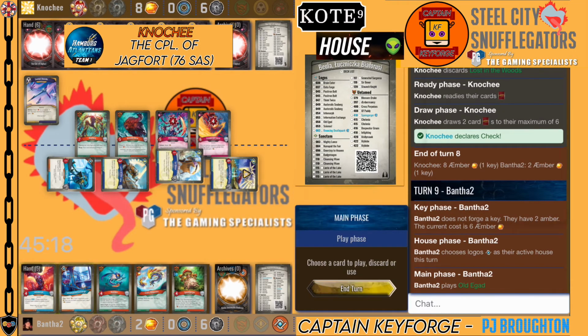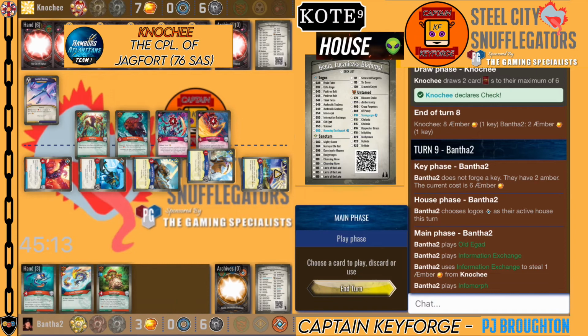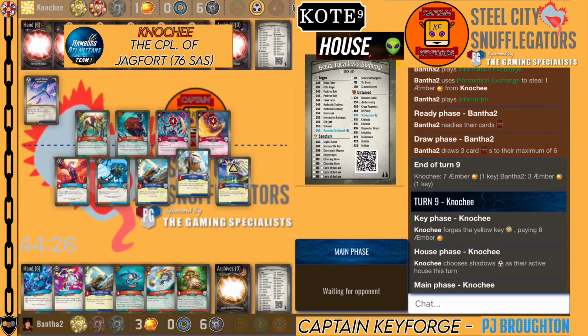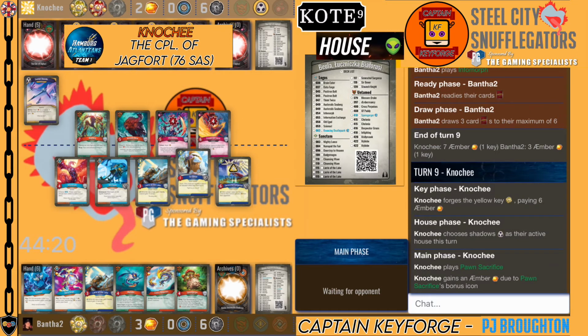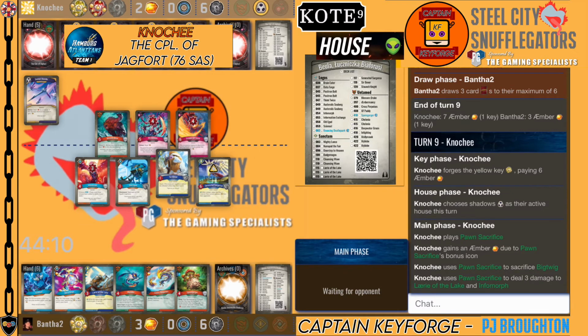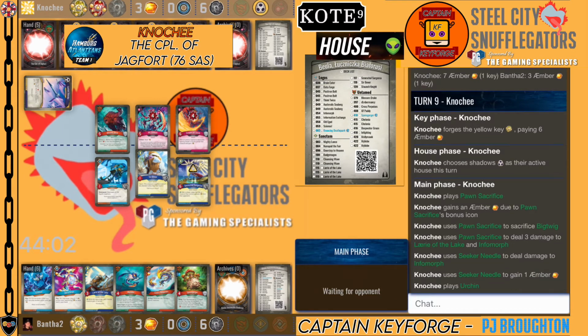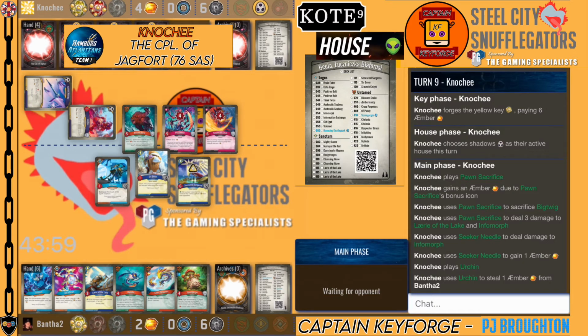So, as you can see, I'm going to go with the logos. Shame that he'd not stolen from me last turn. One of the few turns he'd not stolen from me, but you know, you play what you've got sometimes. Equally, shame that science wasn't there when we had information exchange. So he's played Pawn Sacrifice to get rid of Big Twig and dealt 3 damage to Larry the Lake and Infomorph. Then used Seeker Needle to finish off the Infomorph, played Urchin to steal one,